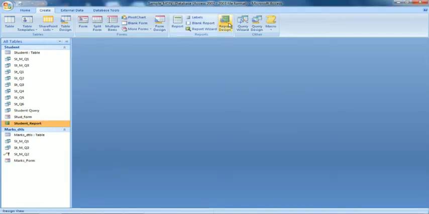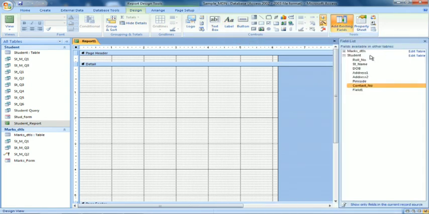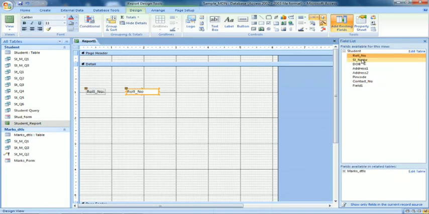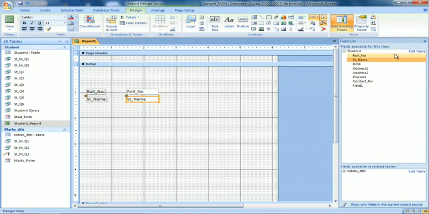I'm not saving. Report design, add existing fields. Now I want the roll number and student name from the student table, and next I again go to add existing fields.